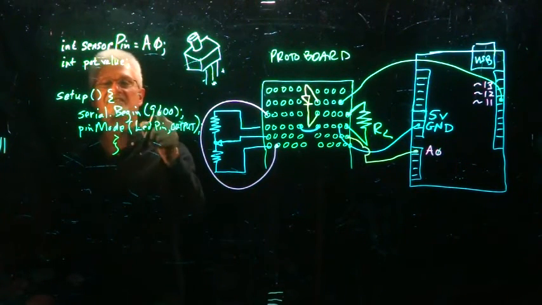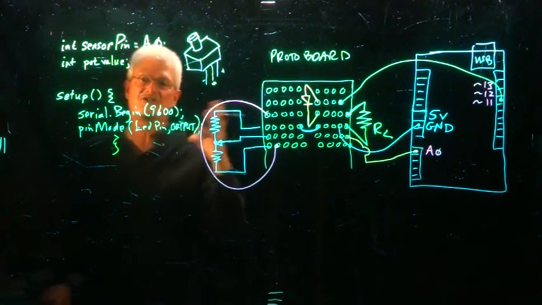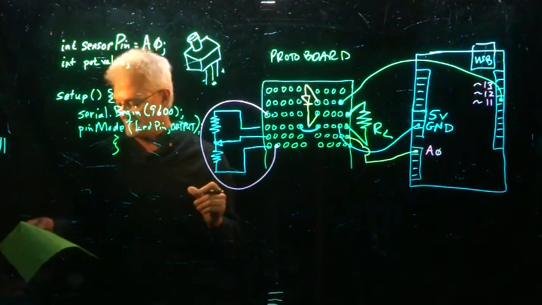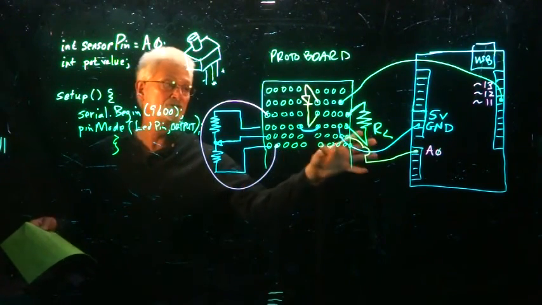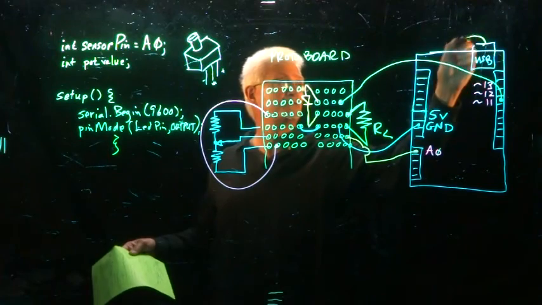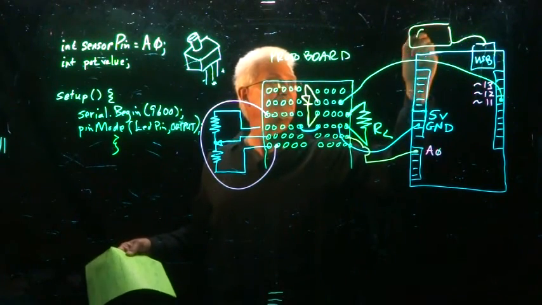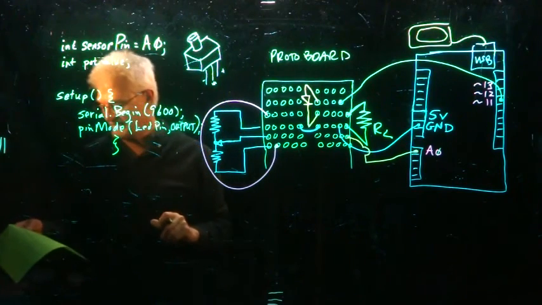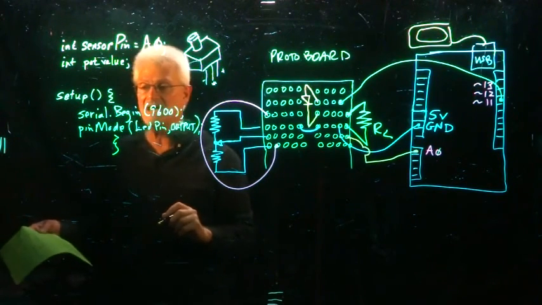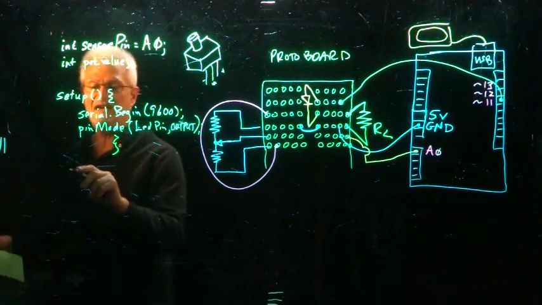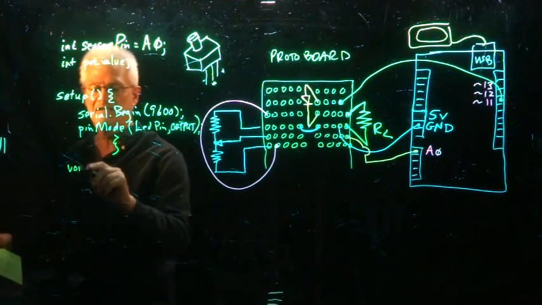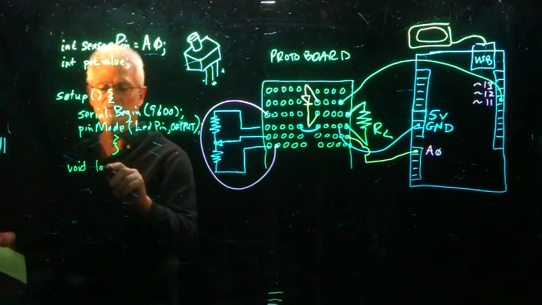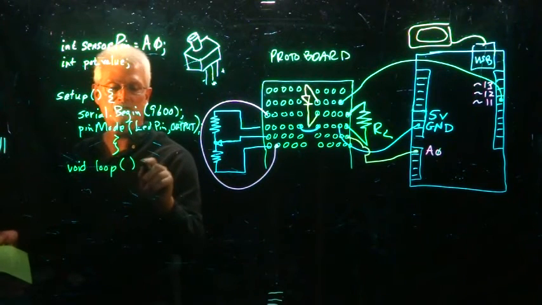What this Serial.begin does is allow us to start sending serial messages out from the Arduino to our computer. We still have our Arduino hooked up to our computer, so we can get serial that way. And now what we're going to do is assign a value. So in our void loop,